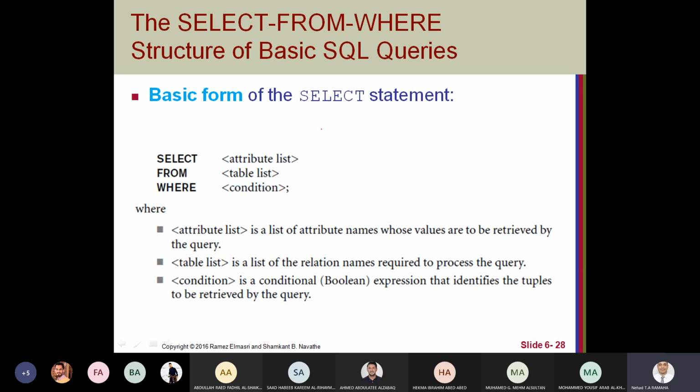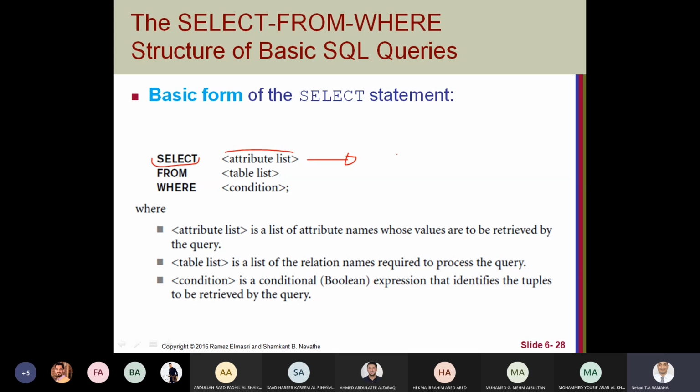Now, the basic form of the select statement: the select keyword, then the attribute list. These are the attributes whose information we need to retrieve. Like if I say find the names of employees, then select name.